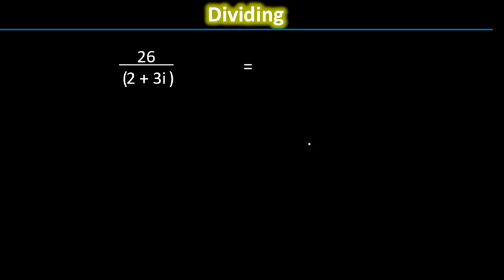The next idea, how to do division, and here we have to apply the concept of conjugates. Your first application of the concept of conjugates. If you see an imaginary part, if you see iota part in denominator, what should you do? You first remove that imaginary part from denominator, multiply and divide by the conjugate of denominator. You see here 2 plus 3 iota, I multiply and divide by 2 minus 3 iota. Here you have complex into conjugate, that's equal to x square plus y square. 2 square 4, 3 square 9, and ultimately you are getting 13 in the